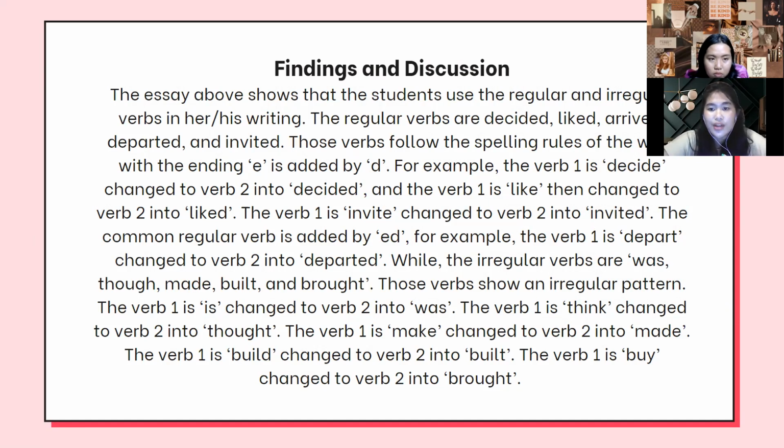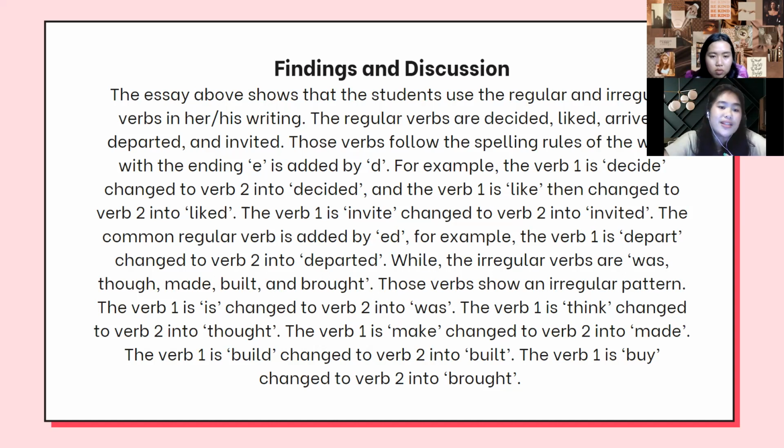For example, the verb one is decide, changed to verb two into decided. And the verb one is like, then changed to verb two into liked. And the verb one is invite, changed to verb two into invited. The common regular verb is added by ed. For example, the verb one is depart, changed to verb two into departed, while the irregular verbs are was,